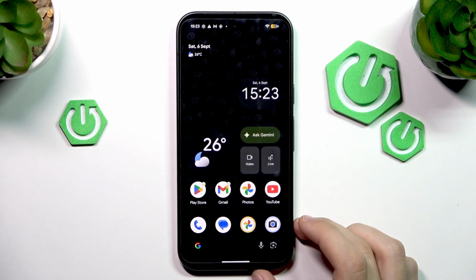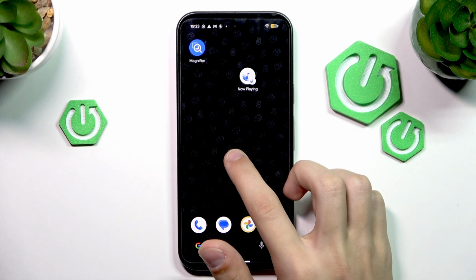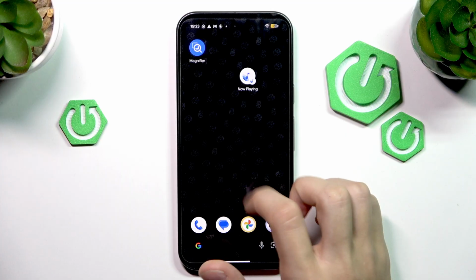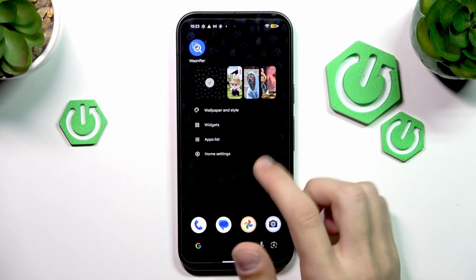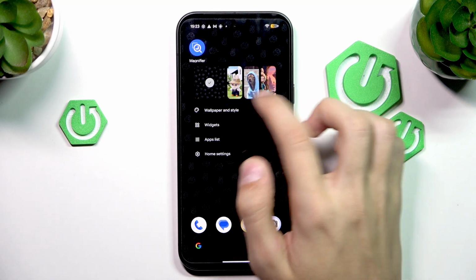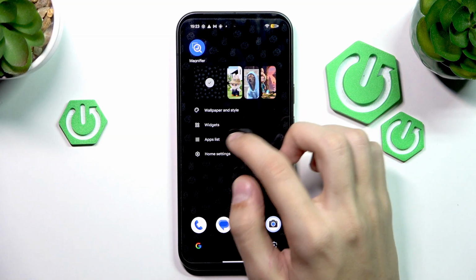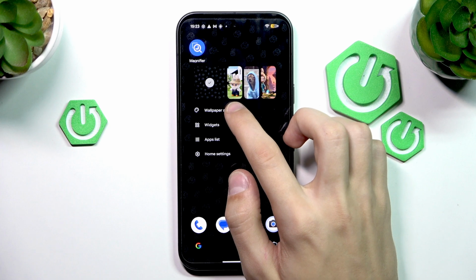So if you want to change the wallpaper, the first thing that we're going to do is just hold on our home screen, on an empty space, until this menu appears. Now we can select a wallpaper from one of these suggested ones, but if you want to do another one, select wallpaper and style,